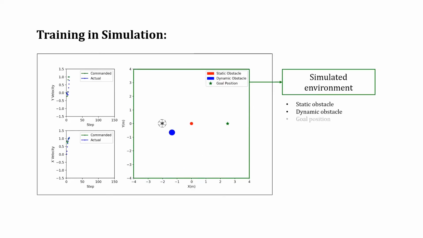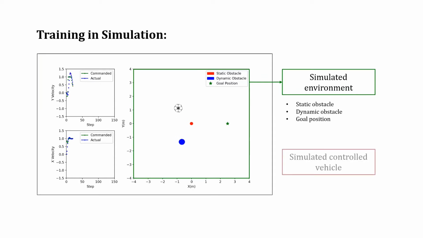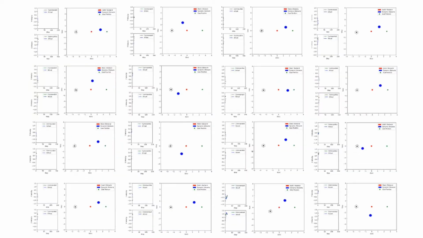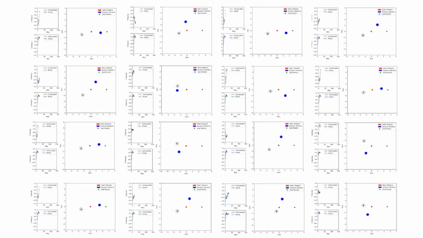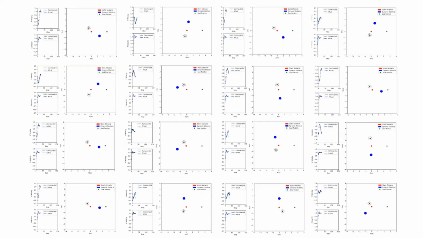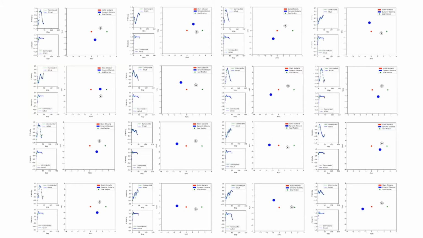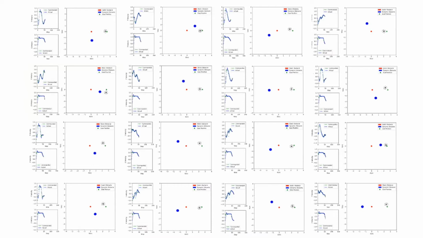The proposed approach is trained purely in simulations, where a simulated UAV is used to navigate to a goal position in a dynamic environment. The velocity of the simulated vehicle closely matches the actions generated by the RL agent. It is essential that such actions do not exhibit oscillatory behavior and hence result in a smooth trajectory. Thousands of samples were used to train the agent to achieve the desired task by exploring various trajectories in the environment, in presence of dynamic and static obstacles. Upon reaching the goal position, the RL agent slows the UAV down, preparing it for landing.